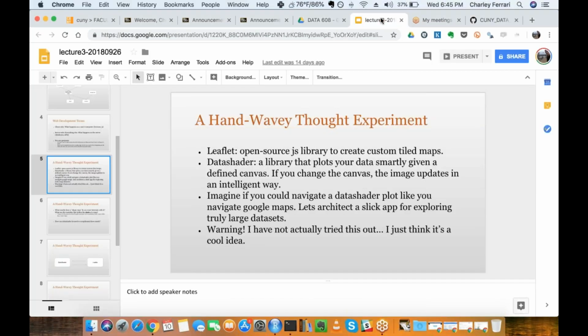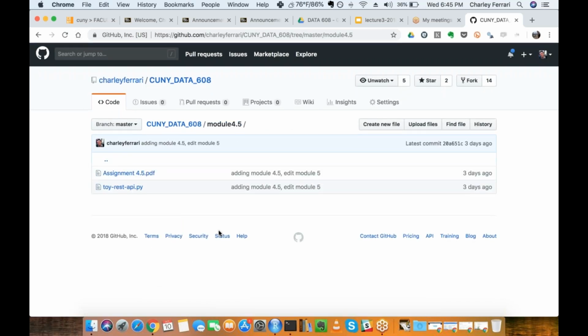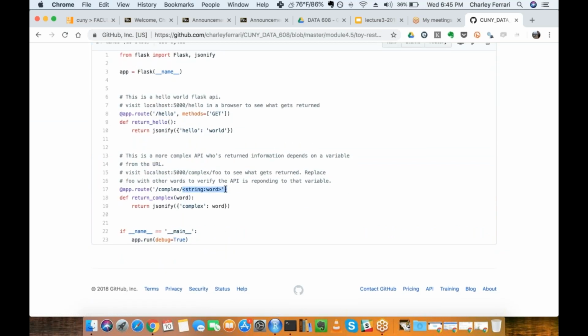So just looking at the example apps here, and I won't get too far into this at all, basically this is allowing you to pass variables into your API. So in this case, as I'm including in the notes, try going to your API/foo. You'll see that that variable is getting passed in. Change foo to any other word. It'll also get sent in there.